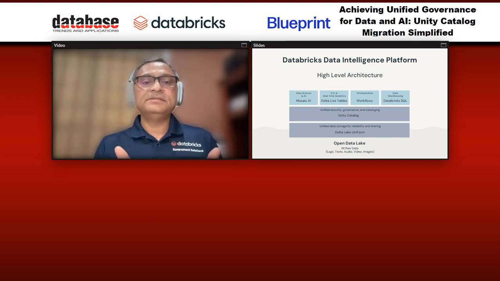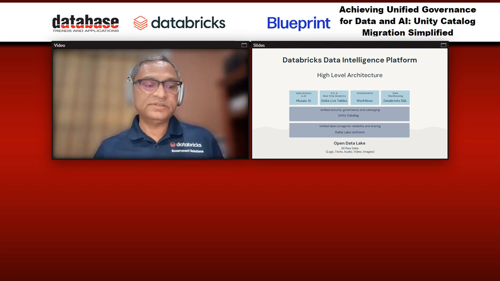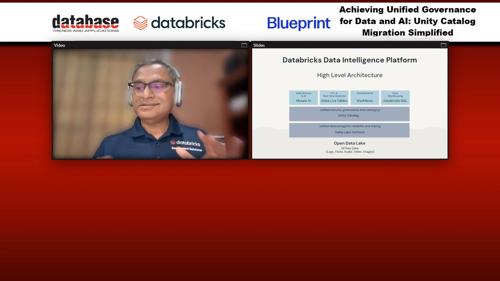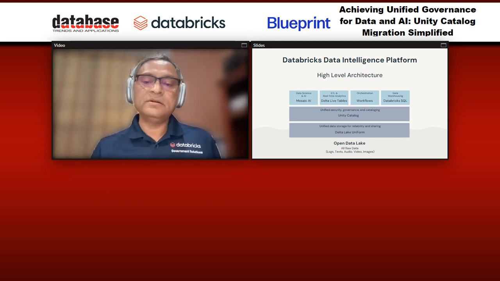The full name of it is Databricks Data Intelligence Platform. And here on screen, I have a high-level architecture of what the platform is all about and what it can do. So Databricks is multi-cloud. We sit on top of all three clouds: AWS, Azure, GCP. We use their storage, and we use some of their basic compute and basic networking. And our platform runs on all three platforms. So you will have the same capabilities and similar user experience no matter which cloud you go to. So that's one of our differentiators.